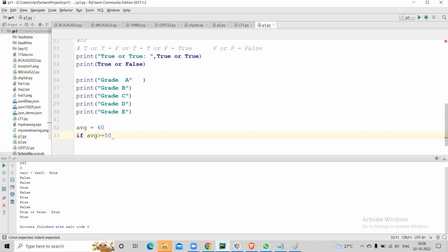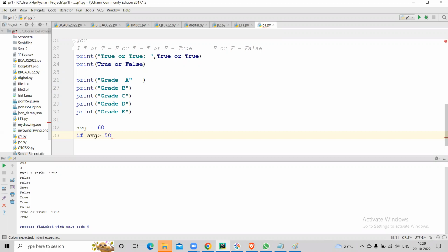Because the business says that only if the average is more than or equal to 50, you have to say pass. Otherwise, you cannot say pass. Only if it is more than or equal to 50, you say pass. Otherwise, it is not pass. So if average is greater than or equal to 50, and if this is true,